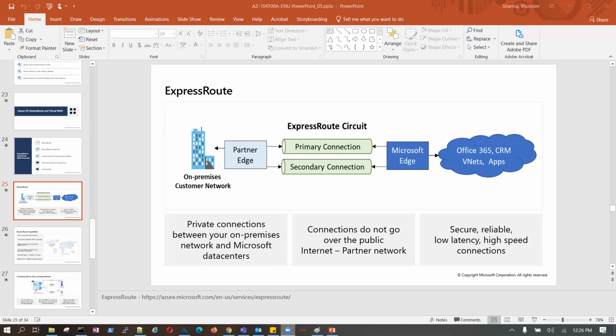It's dedicated for you. Secure, reliable, low latency, high speed connection are the advantages and benefits of why we need ExpressRoute.